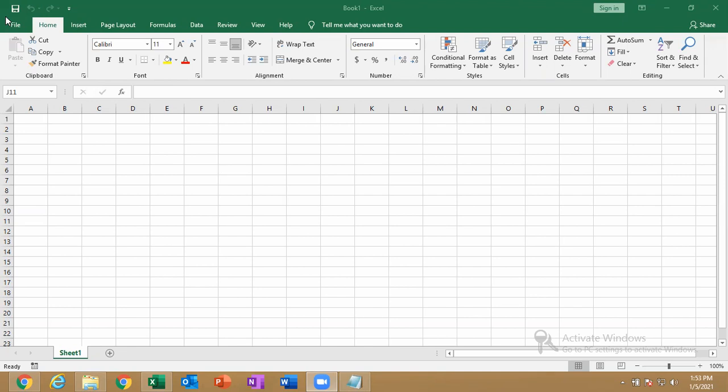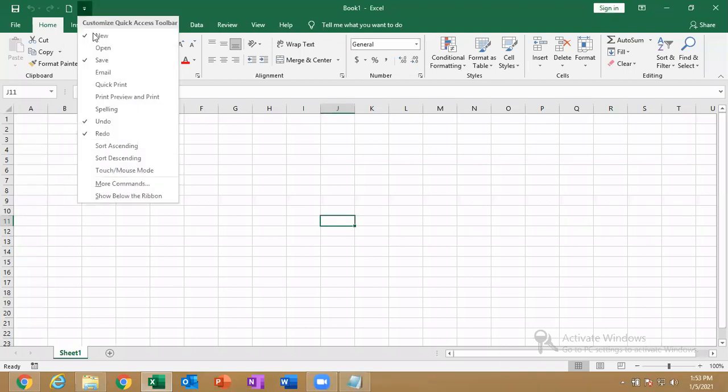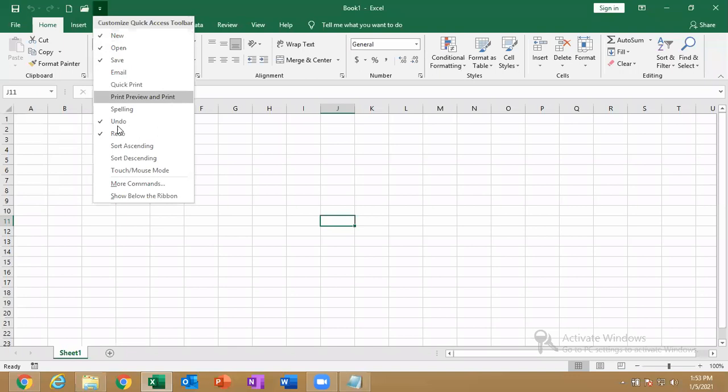If I want some extra tools added to the quick access toolbar, just click on this arrow mark. Can you see a list of tools here? You can add new, open, whichever you want from this list. This is where I can customize my quick access toolbar.